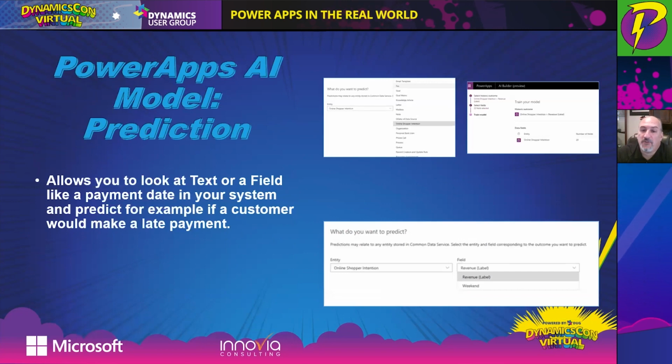The prediction model is just what it means. It looks at data based on the model that you pick, and it lets you determine whether or not this person or that customer is going to do an event. And it does that by looking at certain data. So for example, if you had a field on a payment date and you had multiple rows of payments from a customer and you ran the model against that customer and it never made a late pay, you'd get 100% prediction that they're going to be on time for their March payment.